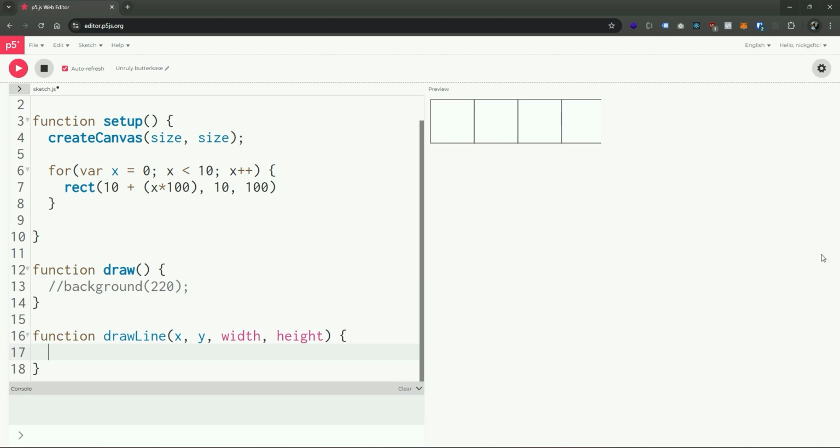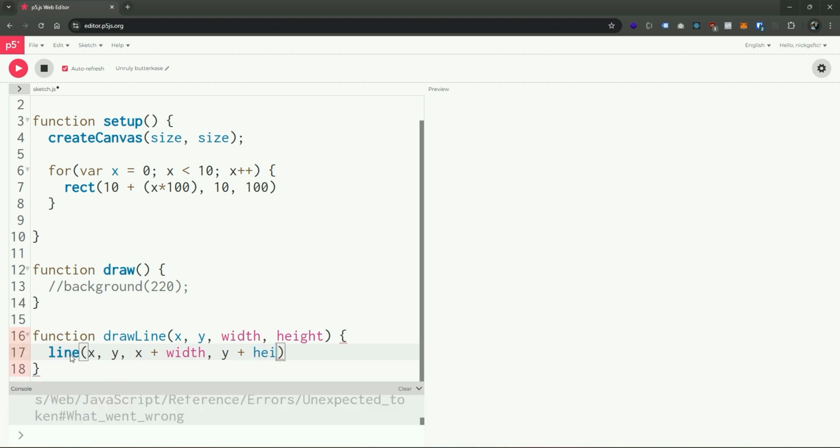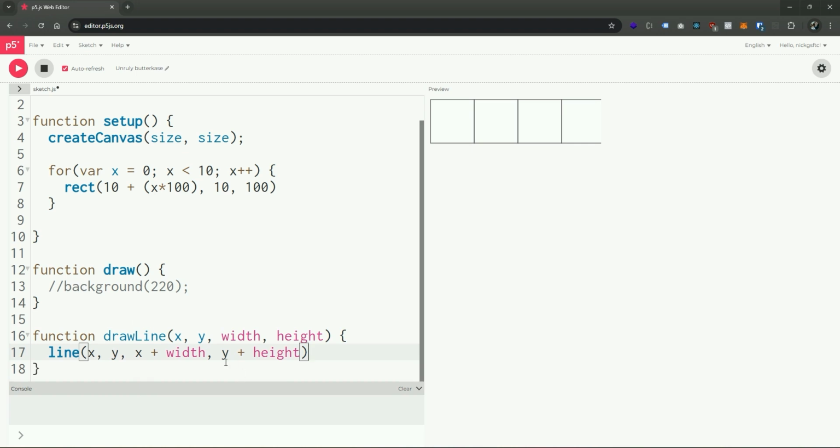So I'm going to say line. We're going to use the internal P5.js function, and we're going to start at x comma y, and then we're going to go to, let's say, x plus width, and then y plus height. Okay, so now we have this function,